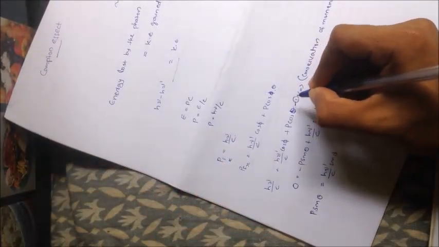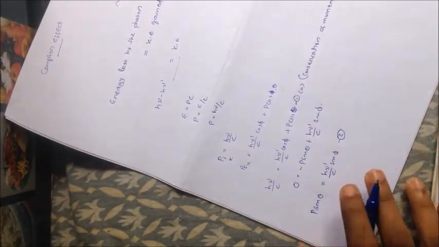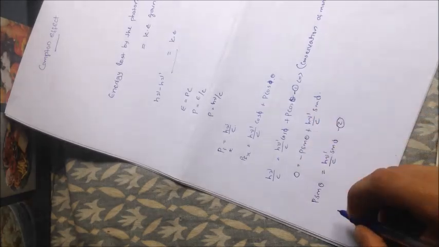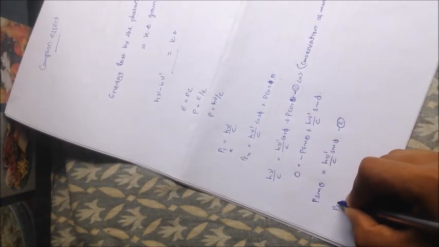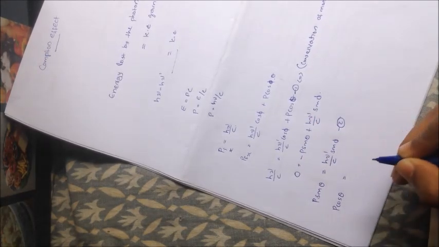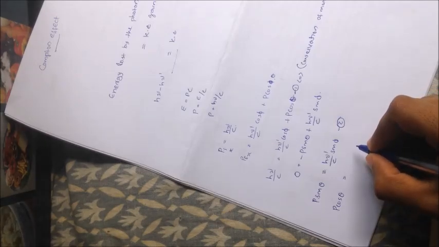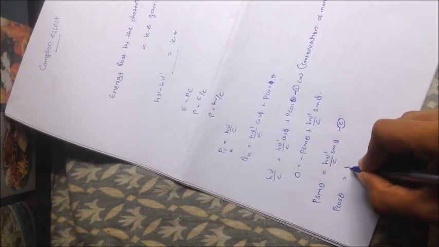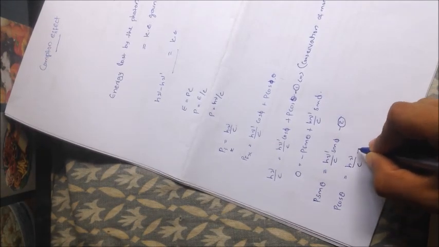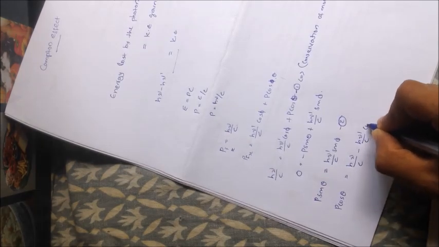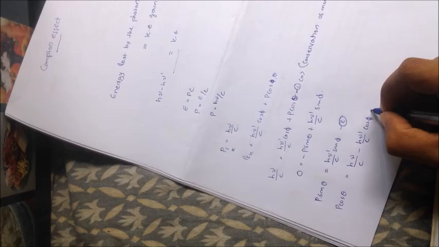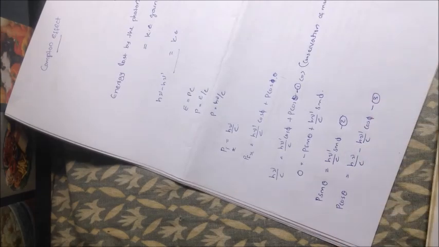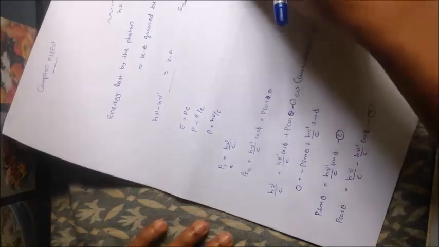So this is equation number 1, and this is equation number 2. We can rewrite equation number 1 as p cos theta is equal to h nu by c minus h nu dash by c cos phi. Let it be equation number 3. So by doing an algebraic method,